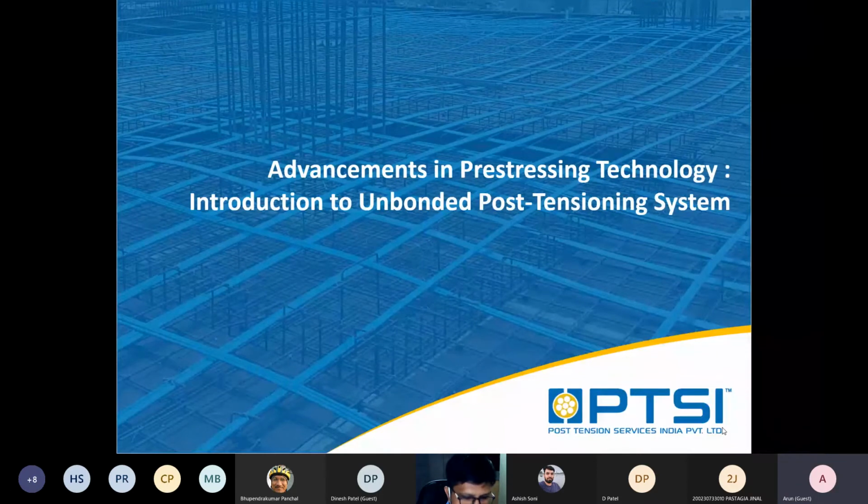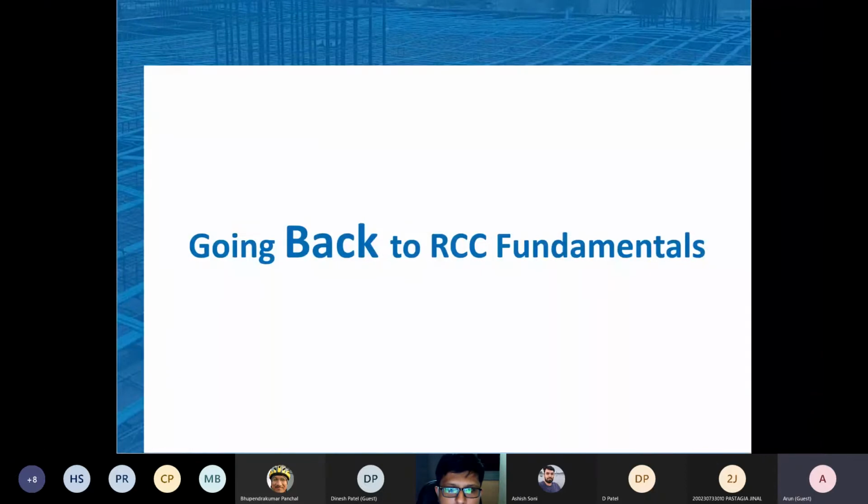So let me go with some brief introduction about what we know and how this is helpful, and what the practical aspects and theoretical aspects are. I would not be dealing with the equations, but mainly the conceptual part of the technology. So before going with this technology, let us go back to the RCC fundamentals, what we have presently in our